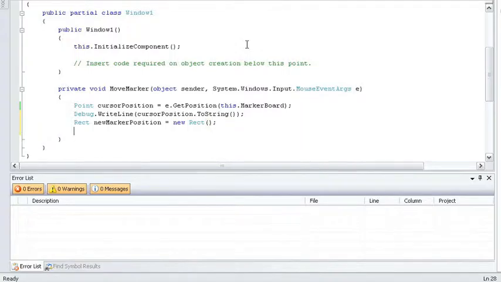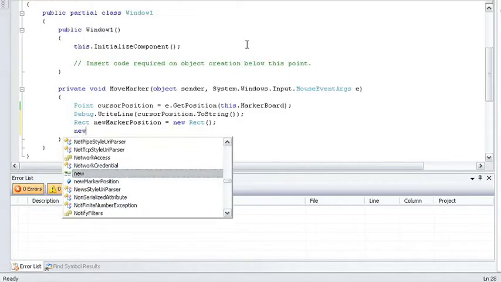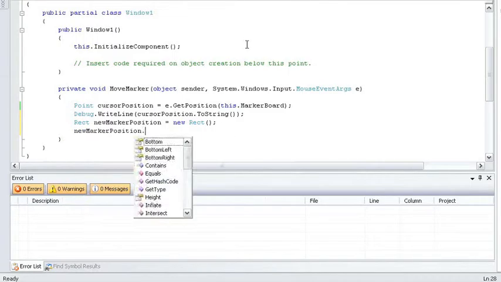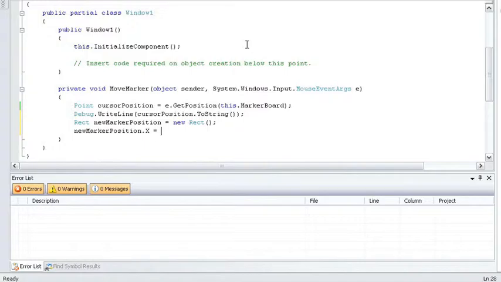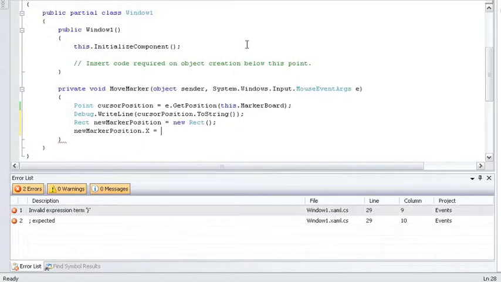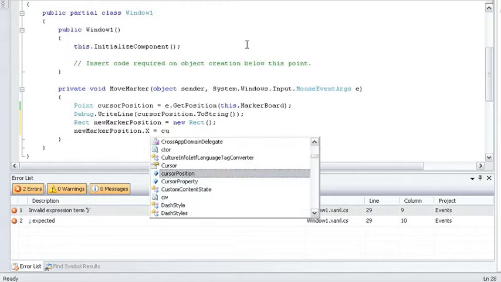And let's set the values on the rect. First, I need to set the X. And I want to keep the center of my marker even with the mouse pointer. If the mouse pointer is, say, 200 pixels from the left of the canvas, if I put the X of my rectangle at 200, I'd end up with my marker at the left edge. I want to center it, so the X of my new marker position needs to be the cursor position dot X